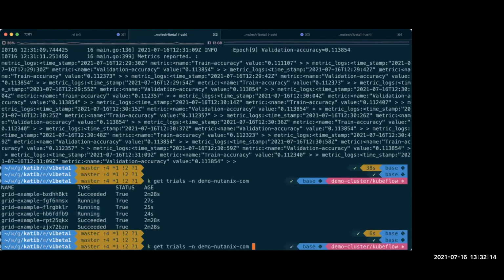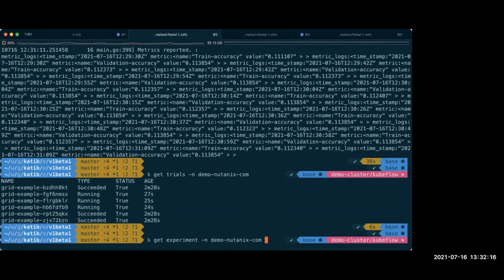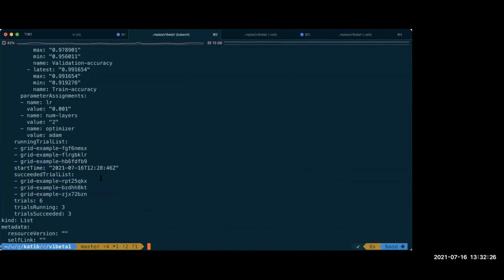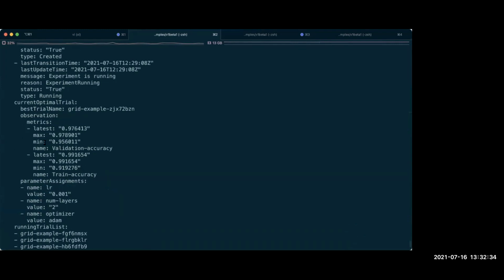And the interesting part is you could see from the experiment what my current status is. Here I'm seeing that there are 3 trials which are running, 3 are in succeeded state, and the total is 6.